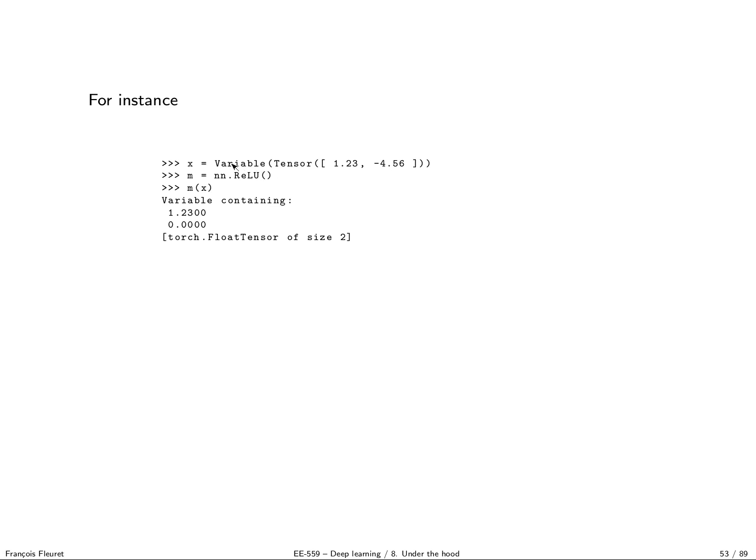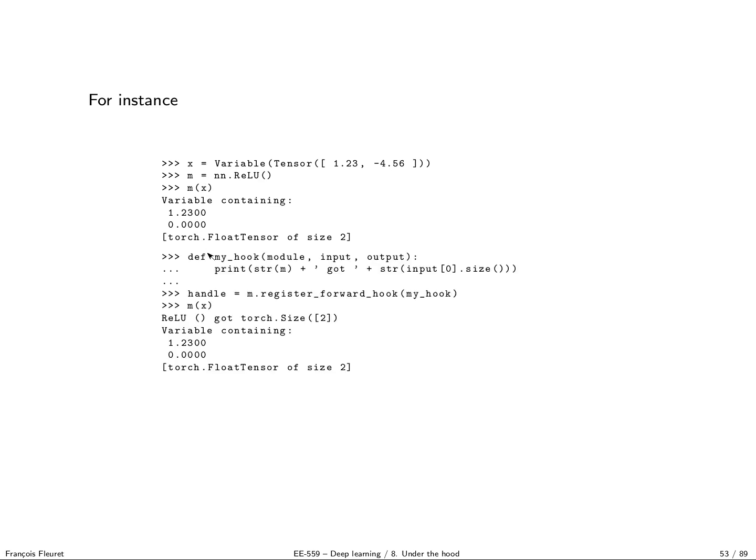So here I define a tensor of whatever size, and then I define a module which is ReLU. If I apply my module to x, I get this following result. Now what I can do is define a function called myHook. It has to get as arguments a module, an input tensor and an output tensor, and then I can attach it with m.register_forward_hook(myHook).